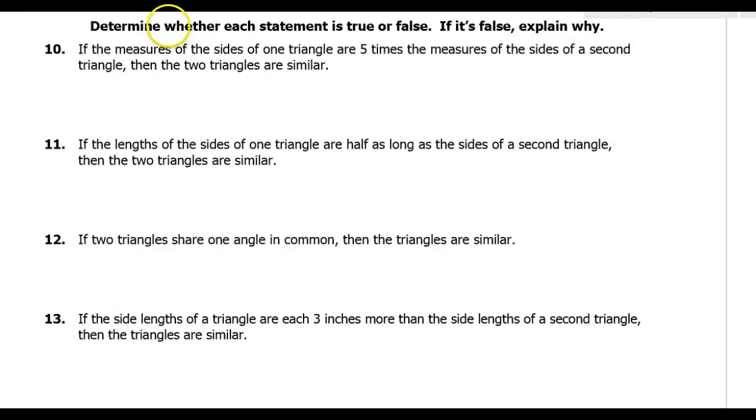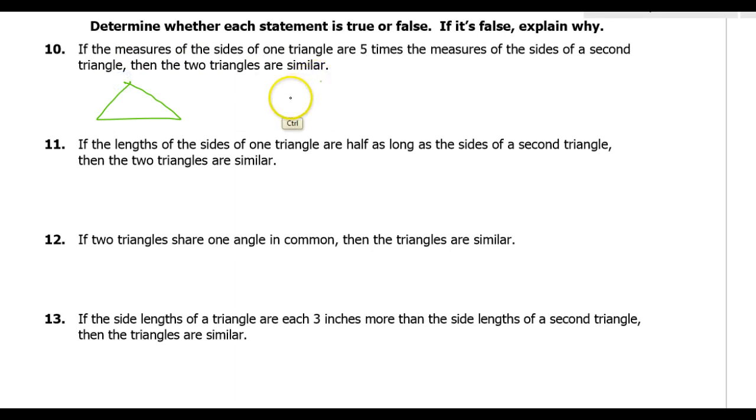For these last few problems, we are to determine whether each statement is true or false. If it's false, we have to explain why. If the measures of the sides of one triangle are 5 times the measures of the sides of a second triangle, then the two triangles are similar. So,